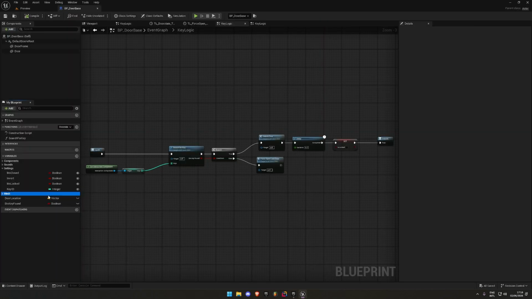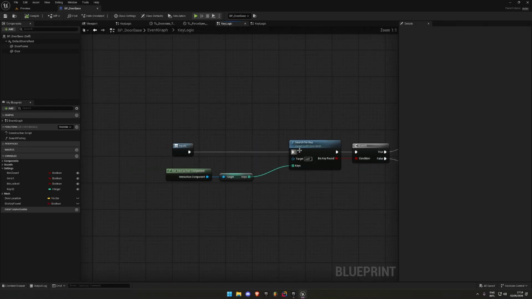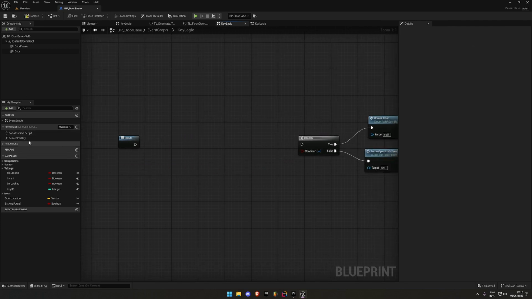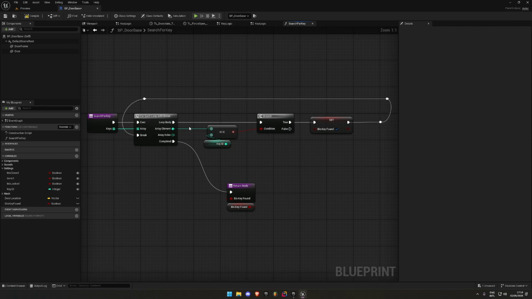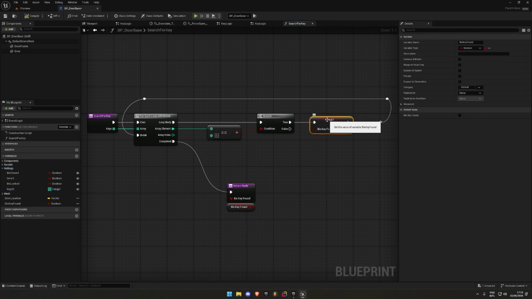For now we're going to open the door here. If you go to the event graph, we've made previously key logic here. If we open it up, you have this function, search for key, and then the key IDs from the interaction component, which we don't need for now. And then we're going to open the function up, remove key ID here, and then we're going to swap it to an array since we're going to use multiple keys here. Then remove bIsKeyFound